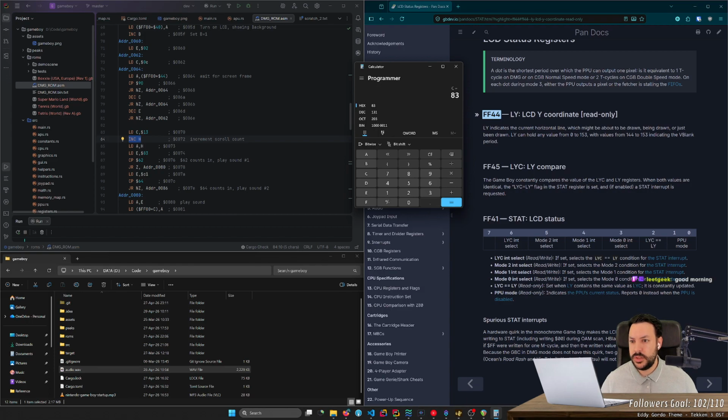0x02, 0x0C for a frame. $64. Decrement E, 62. Oh, okay, so this one goes to 62. I see.